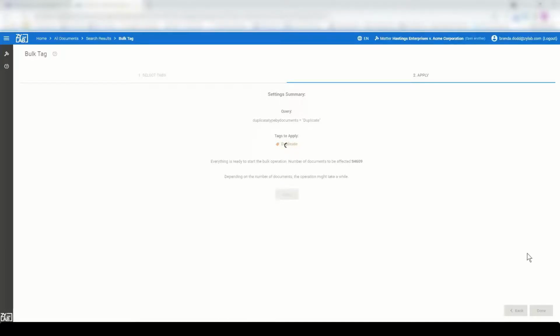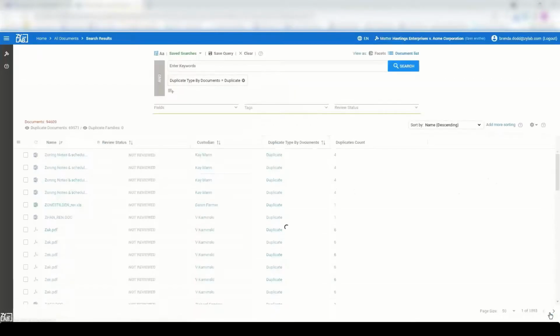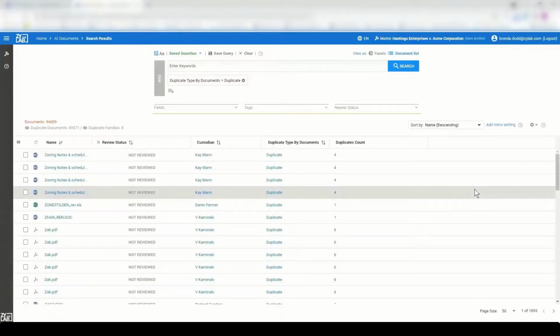You can see here, I've already tagged 94,000 documents as duplicate. And where this is really going to be beneficial, and we'll talk about when we get to the production stages, you can now use this duplicate tag during that production so that you can identify documents that you do not want to produce. And one great aspect of this deduplication feature, again, as we're handing over more control to you as you're using our system, is that